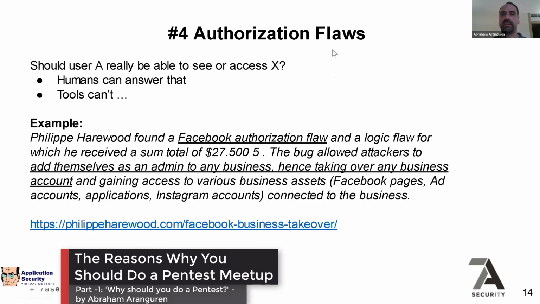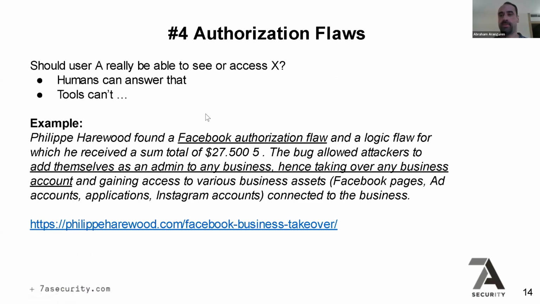Now, another example is, should user A really be able to see or access something? Humans can answer that, but tools really can't. You can have a human configure the tool to be able to do it up to a point, but it's really going to be a human that will realize this. So in this case, you have another Facebook bug,